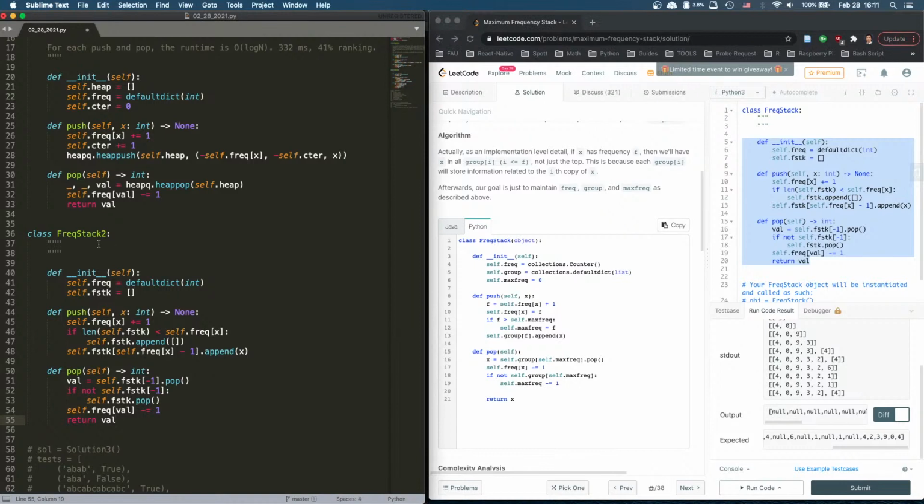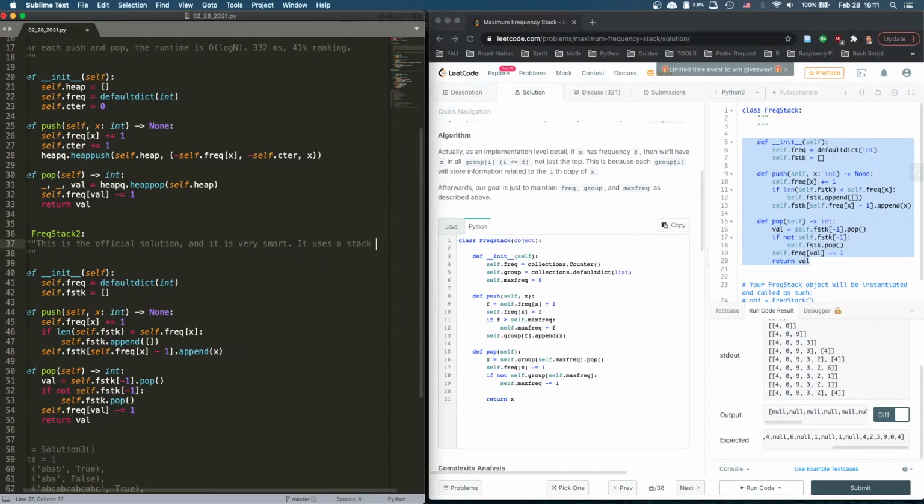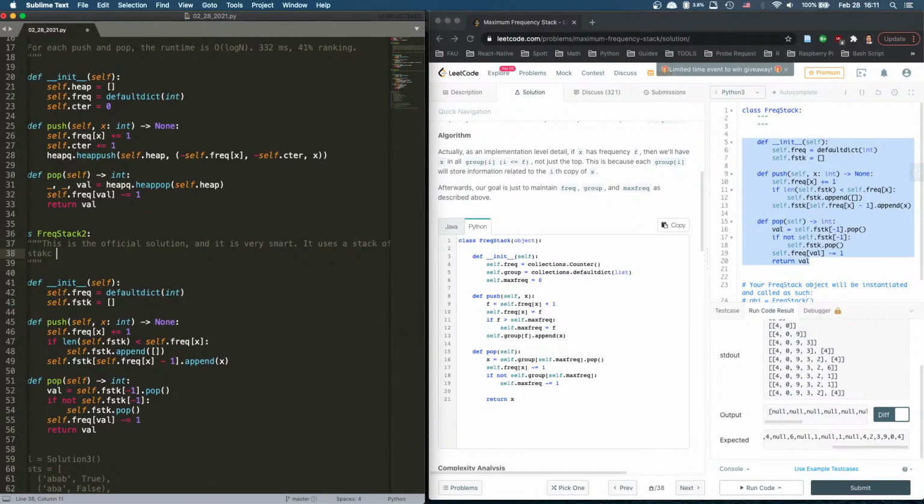All right, that's a good solution. Yeah, this is the standard solution. Official. That's how I would like to call it. Official solution, and it is very, very smart. It uses a stack of stack, which is